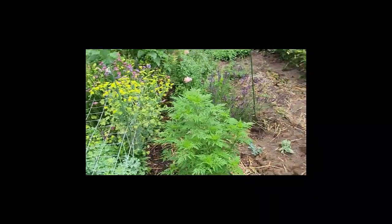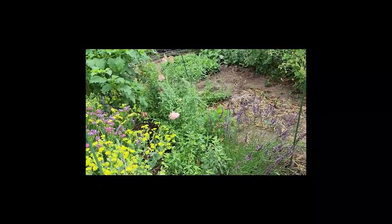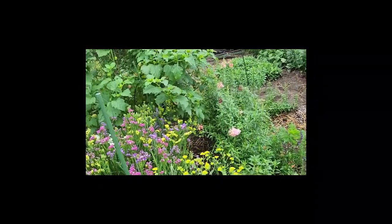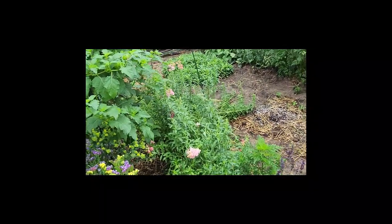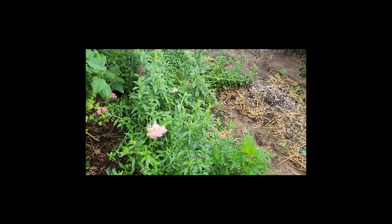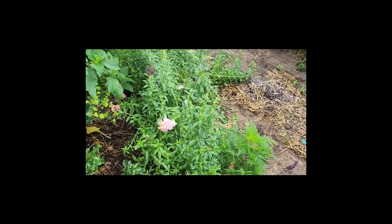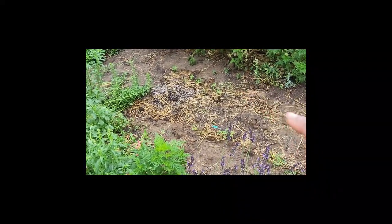So I decided, unless I have a big flush of flowers, I'm probably not going to set up the flower stand. The flower stand will be for occasions where I just have a larger volume of flowers that I need to try to get out of here. There's just a few snapdragons left. Most of them are gone. I did pull out those